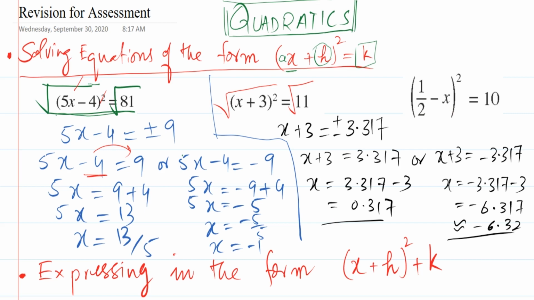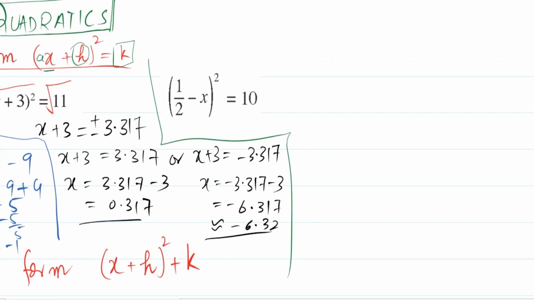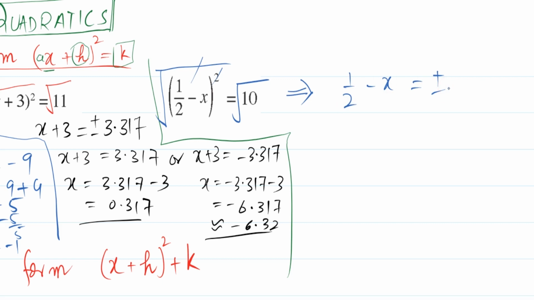Last part is a little bit different, but again, even after being different, we have a perfect square on the left side, while we have a number on the right side. Again, we will take the square root of both sides. The square will be cancelled by the square root, and this will give us 1 over 2 minus x is equal to plus minus the square root of 10, which is